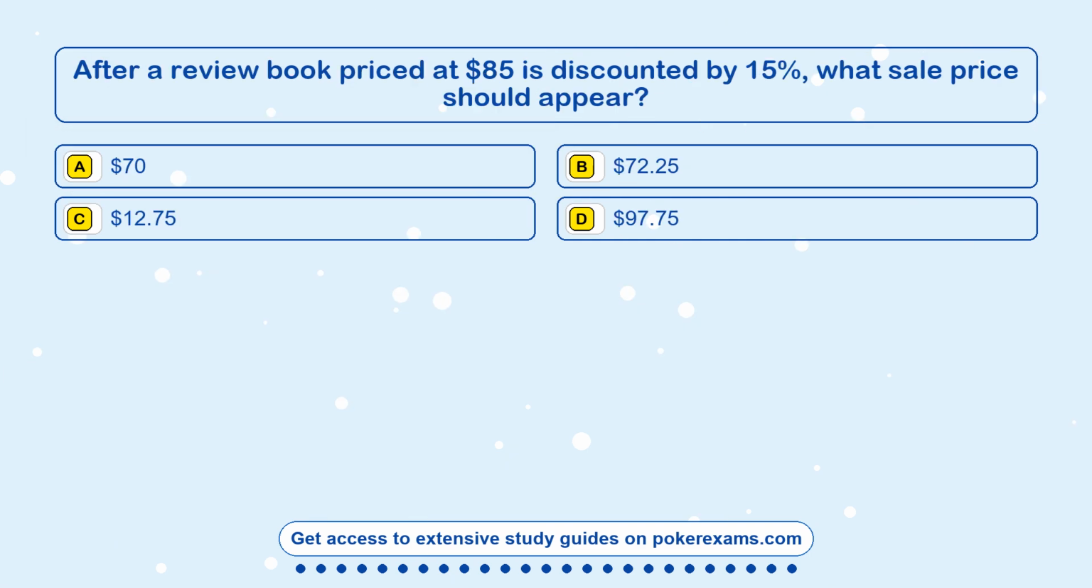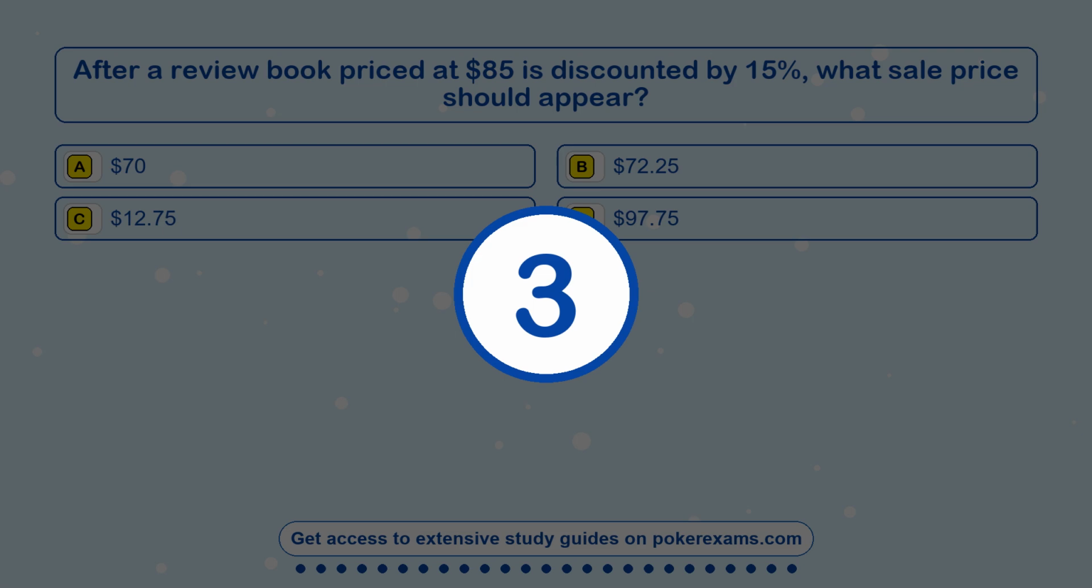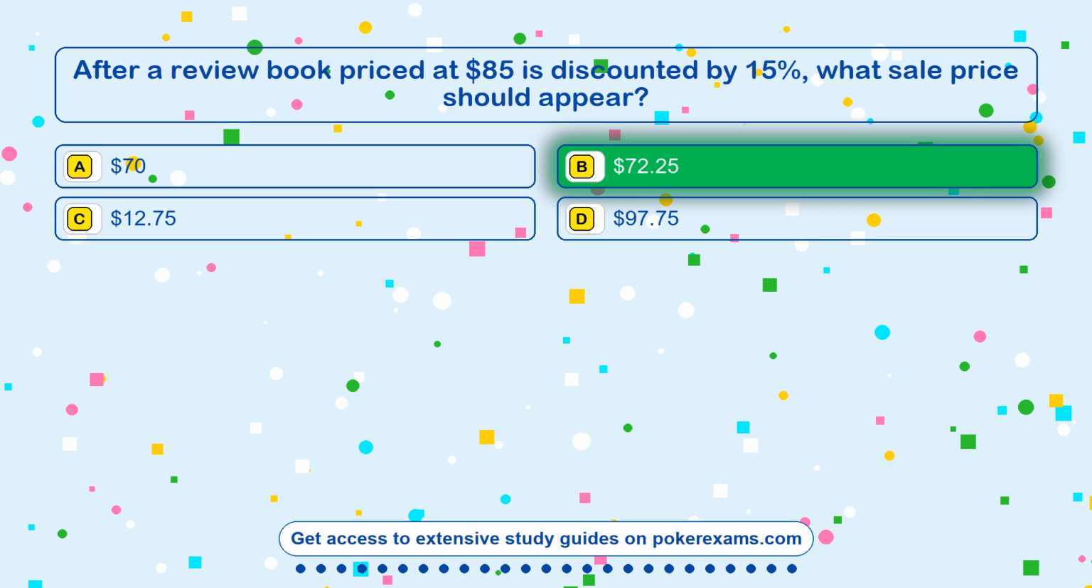Question 3. After a review book priced at $85 is discounted by 15%, what sale price should appear? Option A $70. Option B $72.25. Option C $12.75. Option D $97.75. The correct answer is option B,